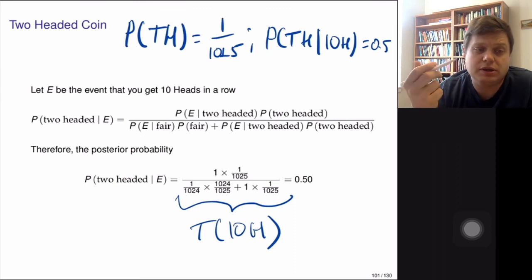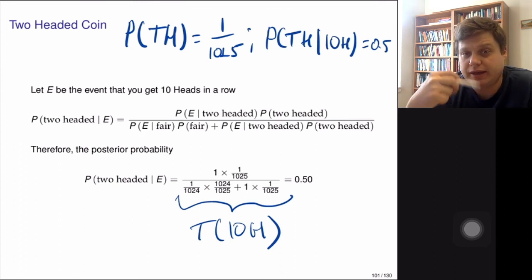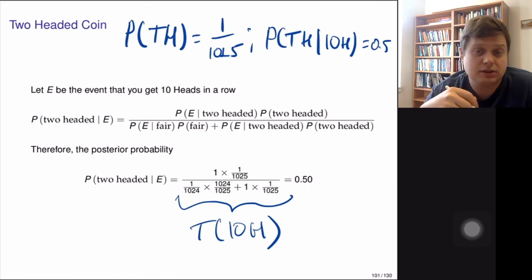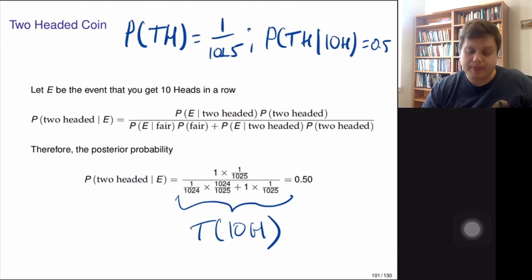just because the evidence is so strong. If you think about this, the probability of observing 10 heads on the assumption that it's a fair coin is very low. So when you see such evidence, it's very strong evidence that it is indeed